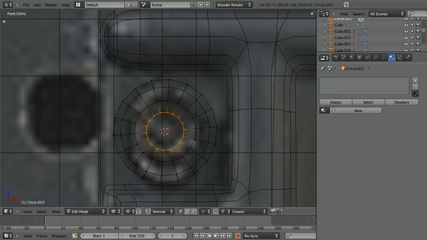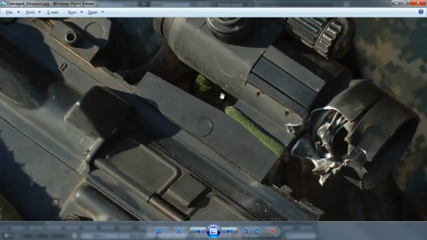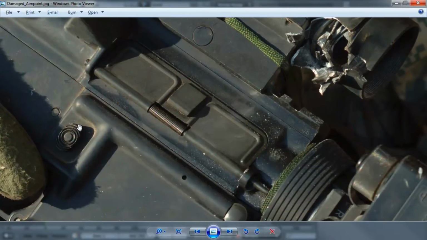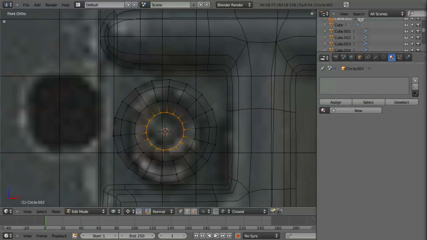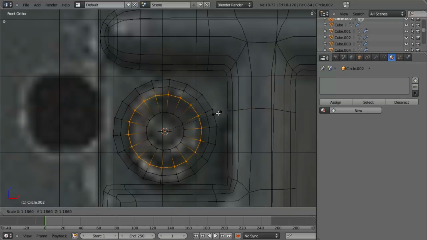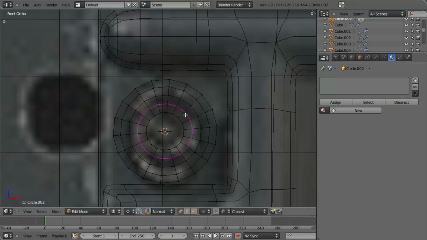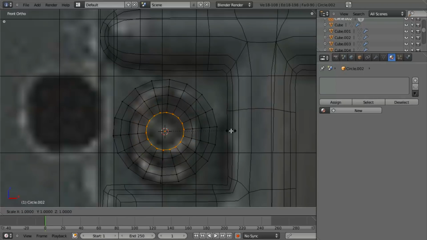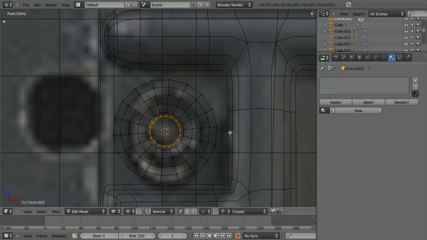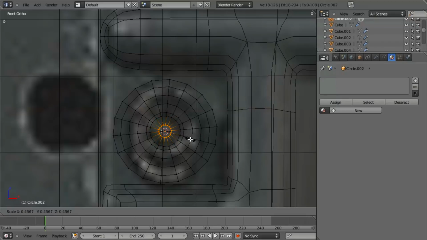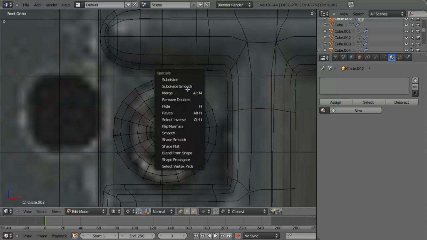And in fact, if we look at this, I'm looking at another reference on the side. It's this one here. We can see that it looks like there's 1, 2, 3, 4 rings plus the inside knob. And so we've got 1, 2, 3, 4, and then take it in a little bit, and then will be the inside knob. So I'm going to select this, and then I'm going to hit E to extrude, right click, W, and merge